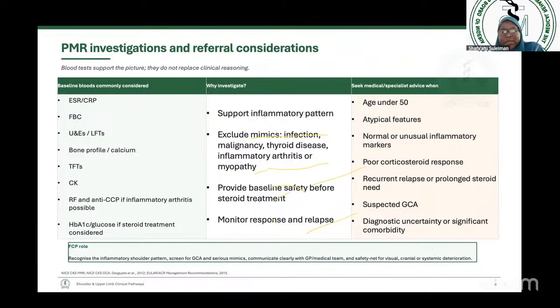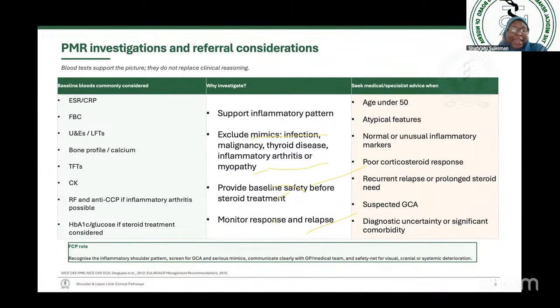So all these are things that the FCP needs to look into when they're dealing with an individual that they're thinking has polymyalgia rheumatica. So the FCP role is to recognize the inflammatory shoulder pattern, screen for giant cell arteritis and serious mimics, communicate clearly with the GP or the medical team, and also safety net the individual for visual, cranial, or systemic deterioration. So it might be I've seen the patient and I've done all this, and someone will say